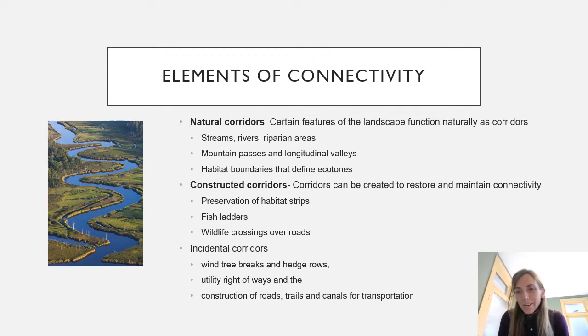And then, of course, there are incidental corridors, some of which are themselves fragmenting features or possibly the conduit for negative things, such as the movement of invasive species, which we might see in utility line right-of-ways. Utility line right-of-ways may also serve as an ecological trap for grassland birds because of the high surface area relationship there, the high amount of edge, and the concentration of predators there. And we've talked about that before.